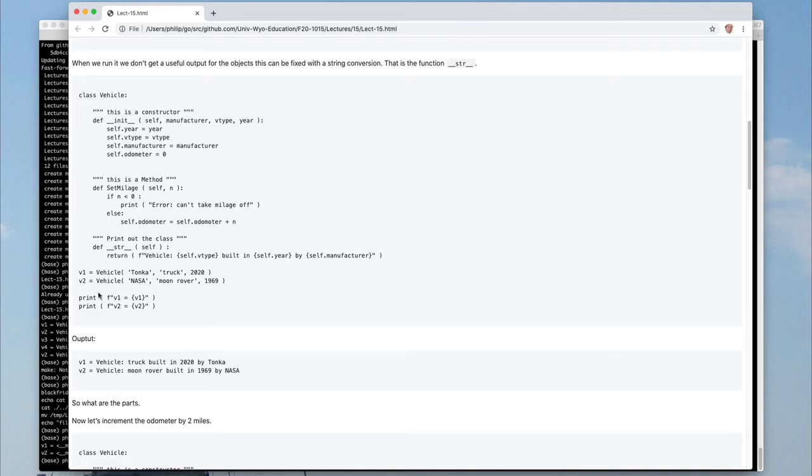So now when we print out print, okay, this is in version 2 of vehicle, I've added this function down here, this method called stir. And what it does is it does an F double quote string to format the string, and it prints out what the vehicle is, the year it was built in, and who the manufacturer were. So it takes some of the data inside here, and it converts that into information that's in a string. Now notice I left out odometer. It doesn't tell you what the mileage on the vehicle is yet, but